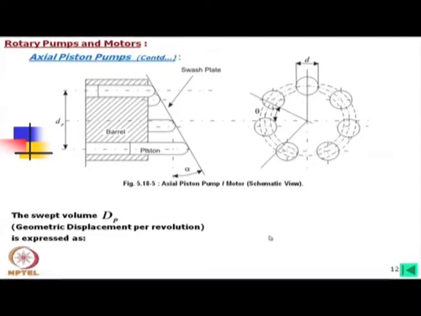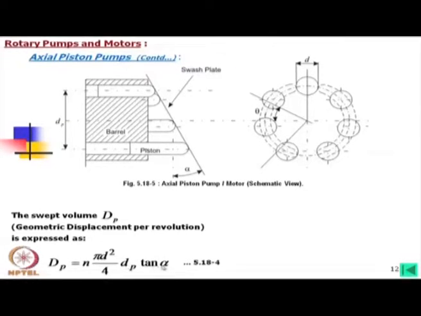Swept volume V_P can now be expressed with this formula. In the last lecture I have discussed, we have considered here the total volume. d_P into tan alpha is this length, this is d_P and tan alpha, so this is the total stroke length. When alpha is fixed, or even for the variable pump if we fix it at an angle, then for that alpha angle,